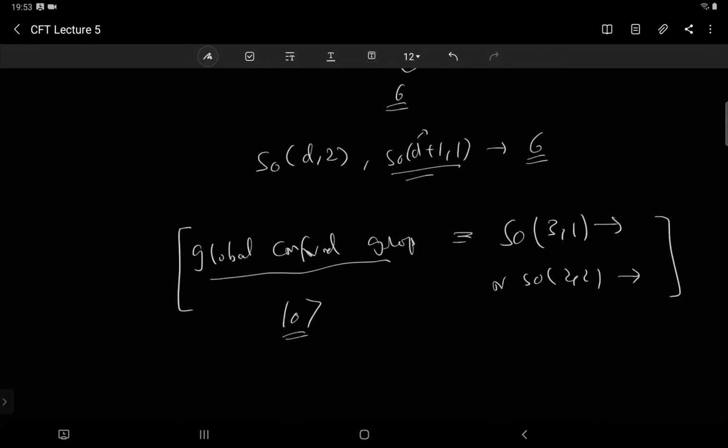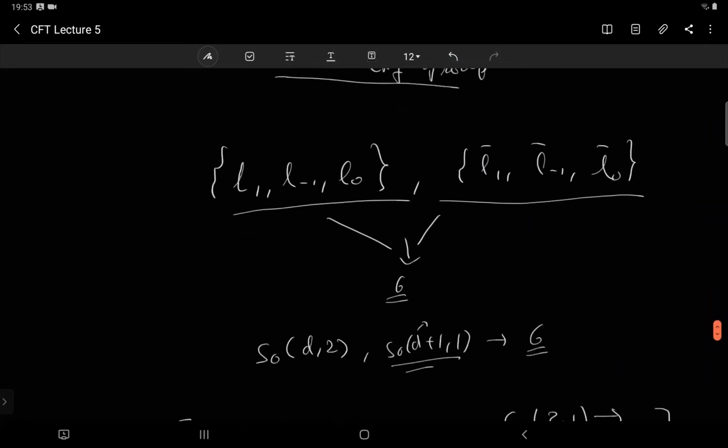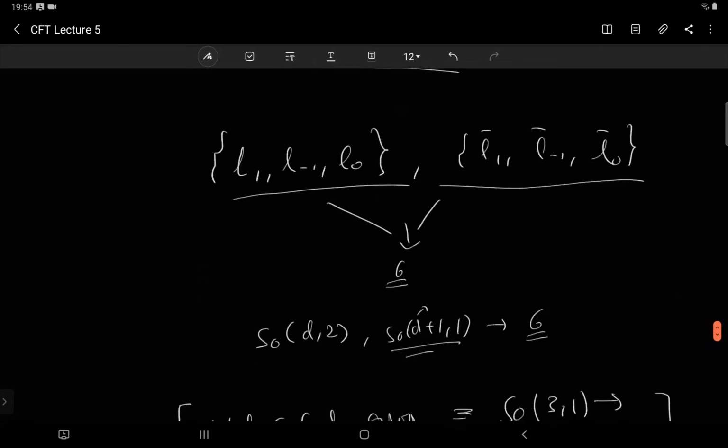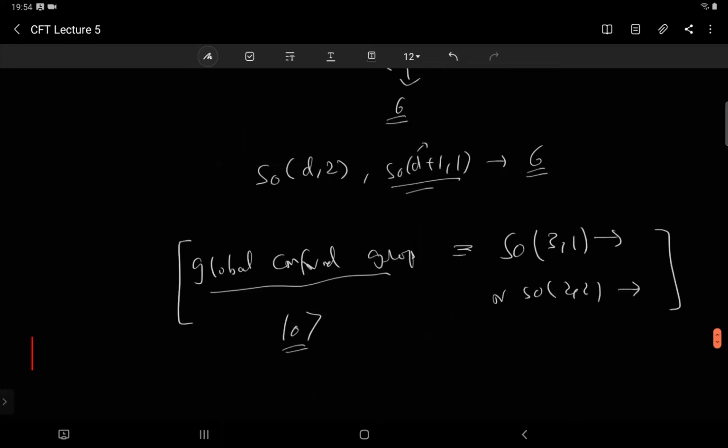All right. So sir, only these 6 generators form a group? Yes, exactly. The others are not. Only these are called the true symmetries of the theory. The others are not symmetries of the theory. There are some transformations under which the correlation functions transform in a certain way, but it's not a symmetry in the sense that the vacuum is not invariant under these transformations. In any case, they don't form a group.